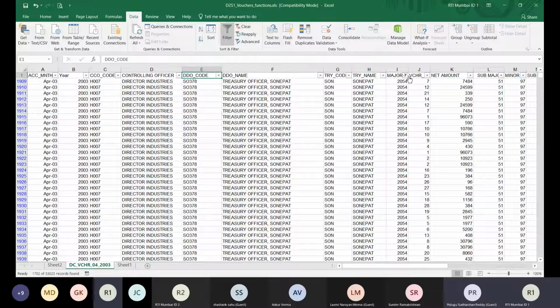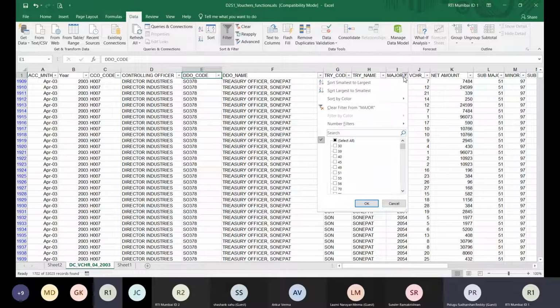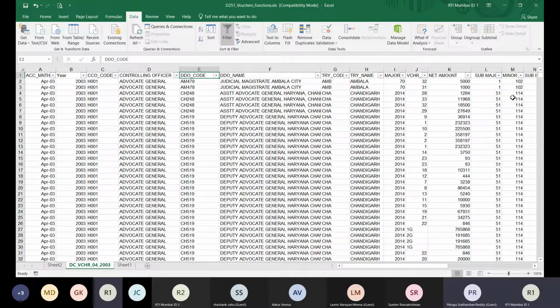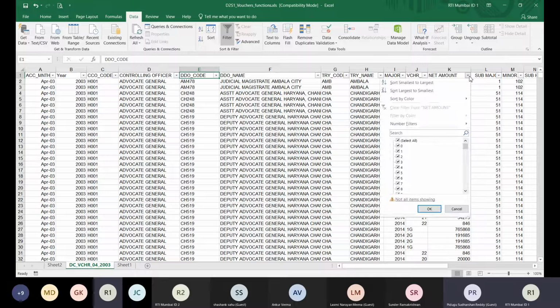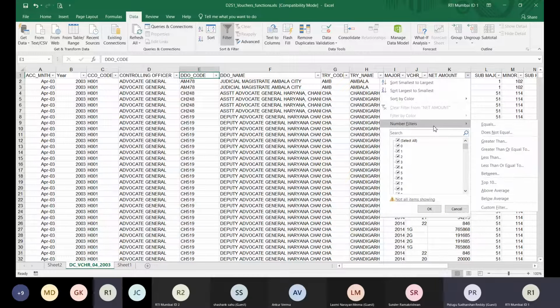अगर आपको ये फिल्टर पूरा का पूरा निकाल देना है, तो ये देखिए मेजरमेंट वाला फिल्टर है, उसमें क्लियर फिल्टर फ्रॉम मेजर लिखा है, तो जो भी आपने फिल्टर लगाया रहेगा वो निकल जाएगा। अदरवाइज आप सिलेक्ट ऑल करेंगे तो भी इनडायरेक्टली वही होता है, सभी वैल्यू सिलेक्ट होता है, मतलब उसका मतलब वही होता है कि फिल्टर क्लियर हो गया, नो फिल्टर, ऑल वैल्यूज आर विजिबल। सेकंड थिंग, अगर अमाउंट वाला या न्यूमेरिक वाला है तो उसमें आप नंबर का फिल्टर लगा सकते हैं कि इक्वल टू, नॉट इक्वल टू, ग्रेटर देन, लेस देन, ये सब वैल्यूज आप दे सकते हैं।